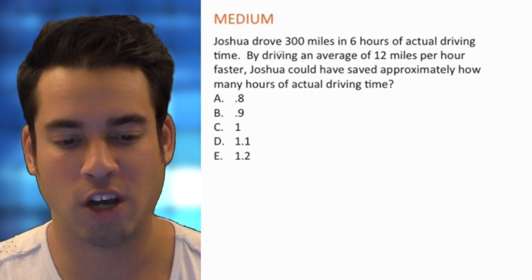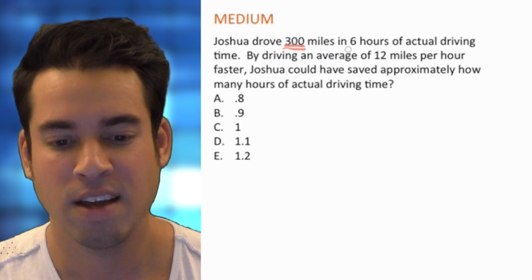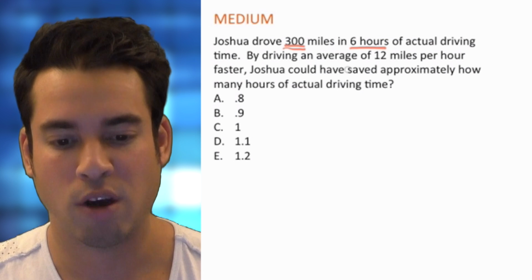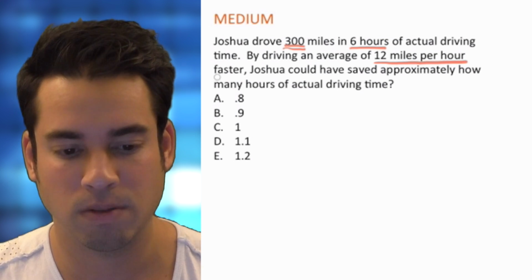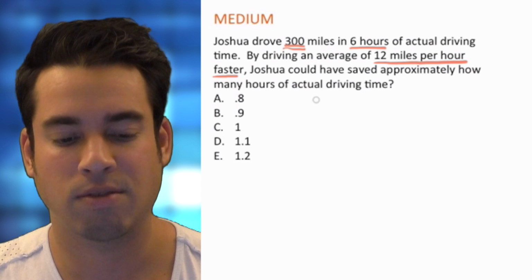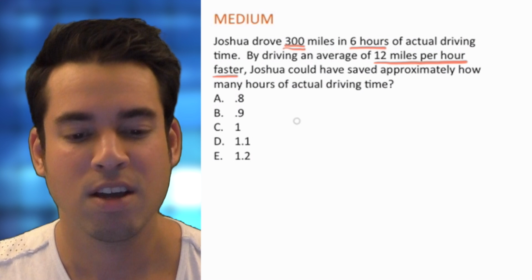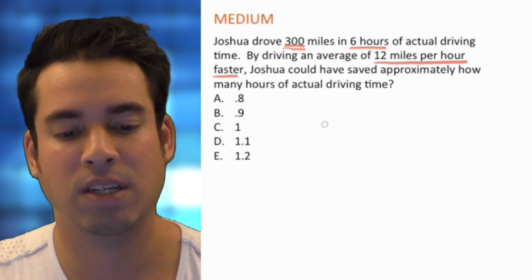So it says here, Joshua drove 300 miles in 6 hours of actual driving time. By driving an average of 12 miles per hour faster, Joshua could have saved approximately how many hours of driving time? Okay, so basically what we're trying to figure out here is